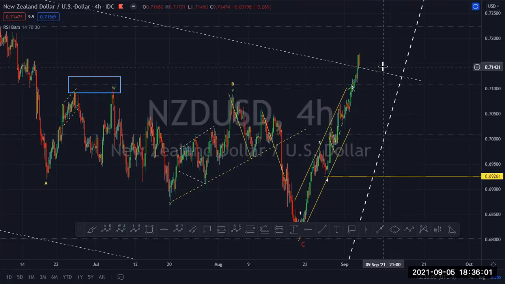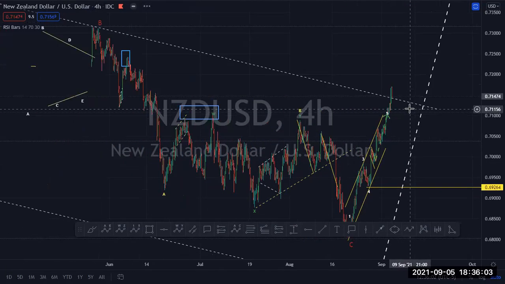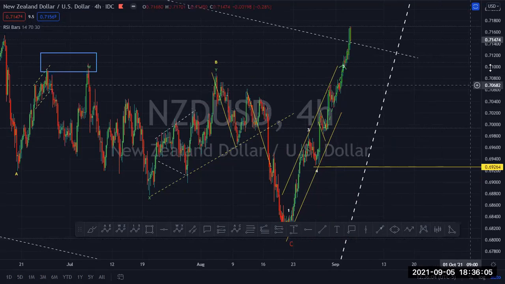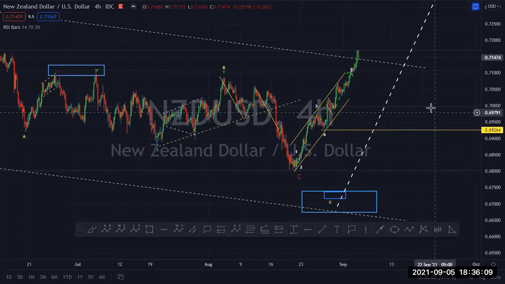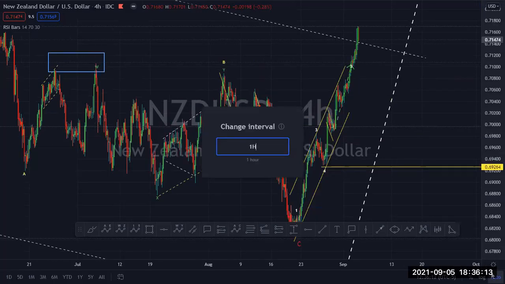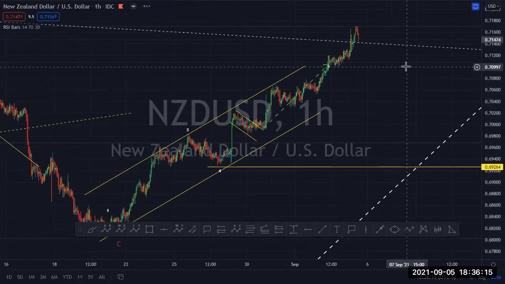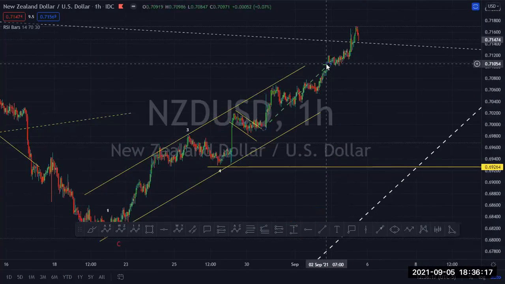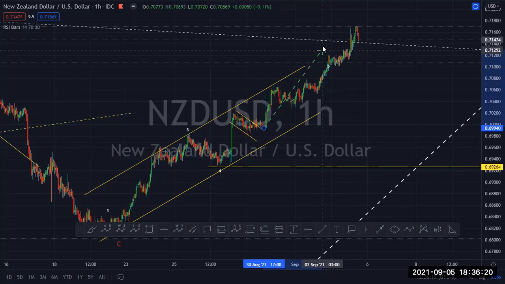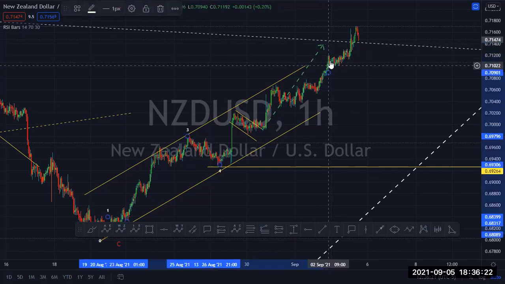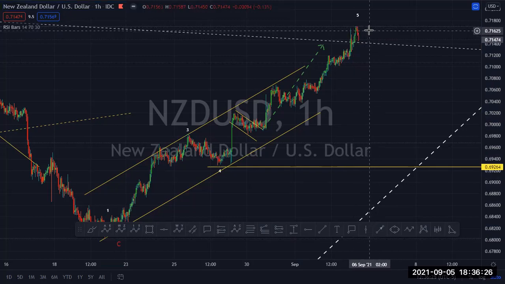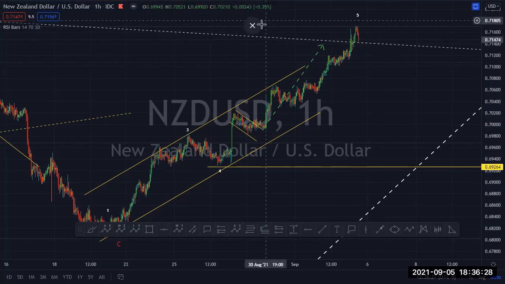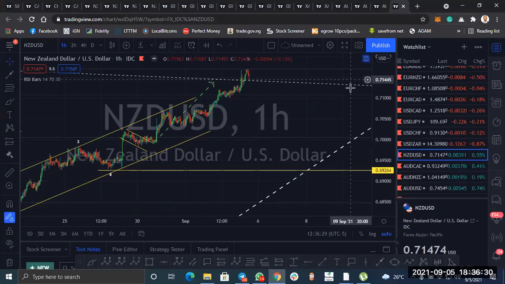Now the market is moving very, very swift and strong too. So what do we do? We find our buy entry. No more, no less. We look for a buy setup and follow the trend. So the buying is very strong. Once we get a corrective pattern, we join the buyers. For now,